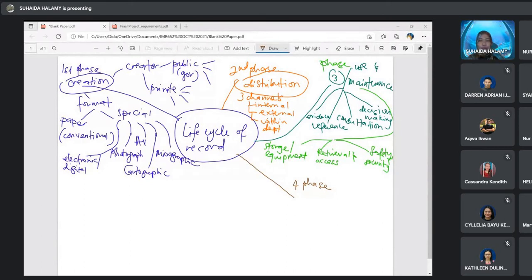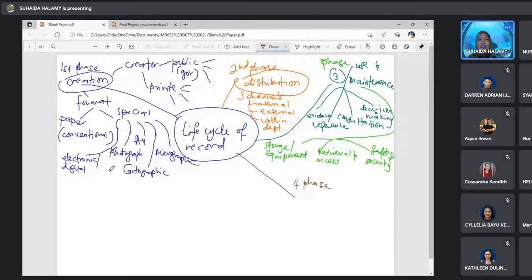Appraisal, miss. Appraisal process. Okay, appraisal. So appraisal ni apa dia? What is the meaning of appraisal? Determine the value of the record, miss.